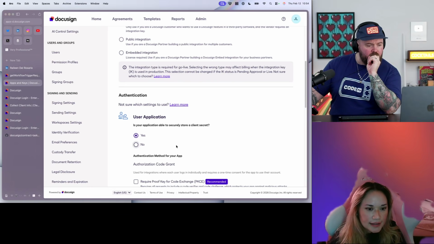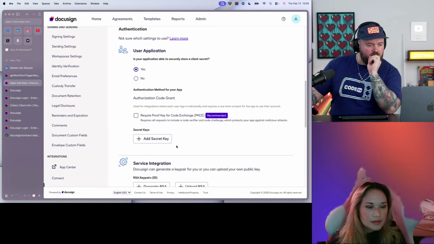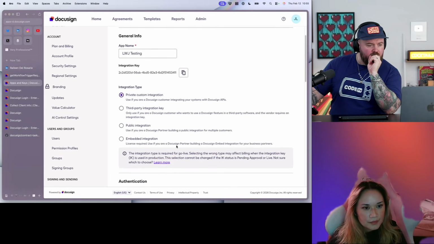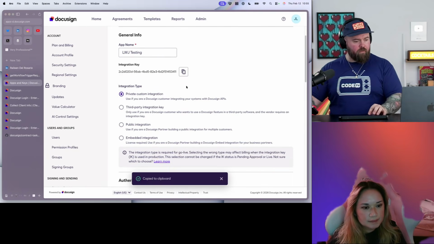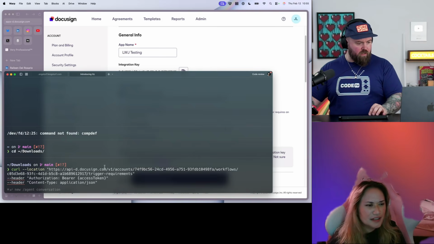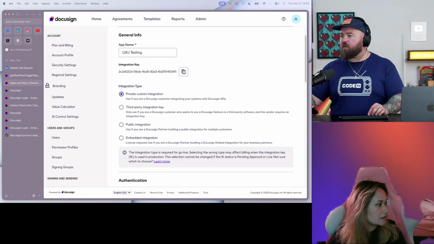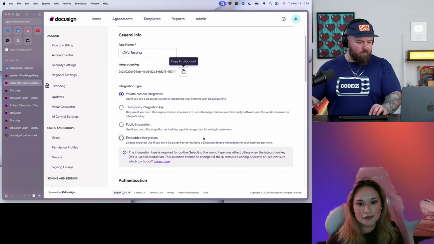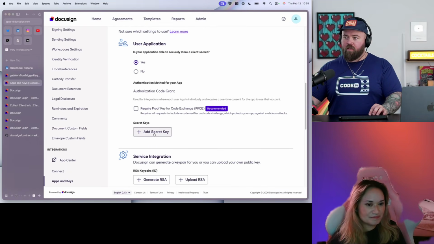All right. Then let's go ahead and save the integration key at the very top. Yep, there it is. Save this. Do I need this somewhere? Yeah, if you want to put it in a notepad or something, that's totally fine. Okay, I'm just going to toss that over here for a moment. And then go ahead and create a secret and save that really quickly too. Is this going to show as soon as I click the button? It is, yeah. Okay, let me do this real quick.